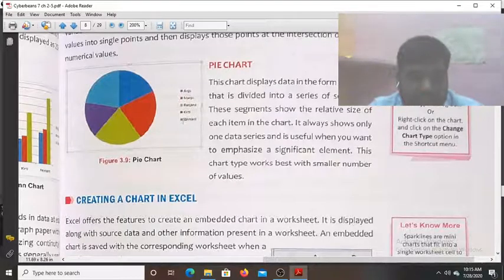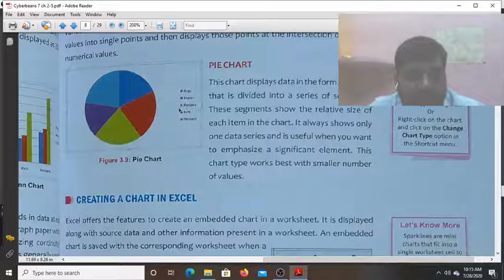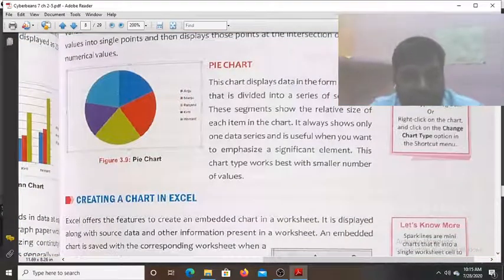Here different students' marks are given. Now, only one data series you can show. You cannot show the total, only the subject marks you can show here. So see Anju's marks and other students' marks. Which sector size is more? The red one is more. So that means here Manju got the most marks in the particular subject. Suppose it is a graph of English subject marks. So you can realize it.